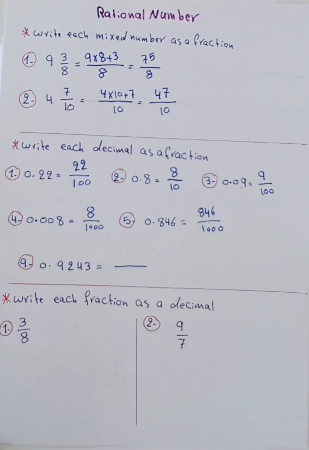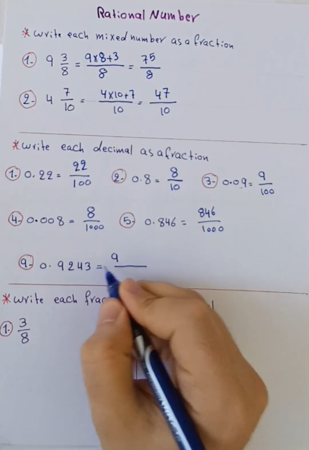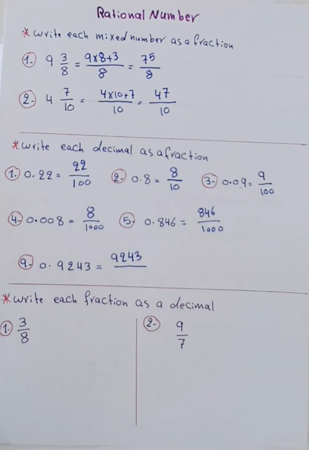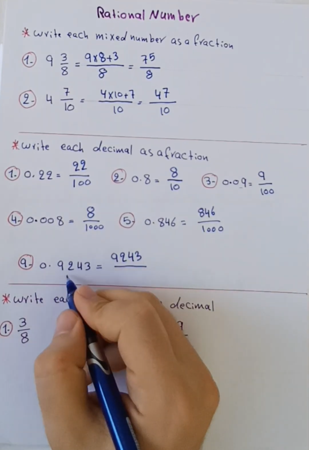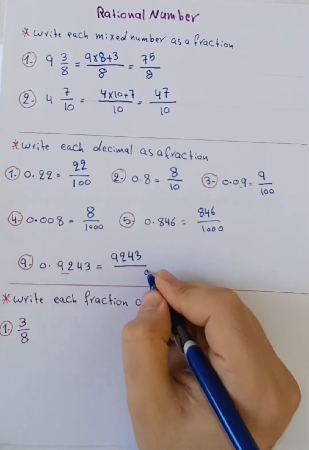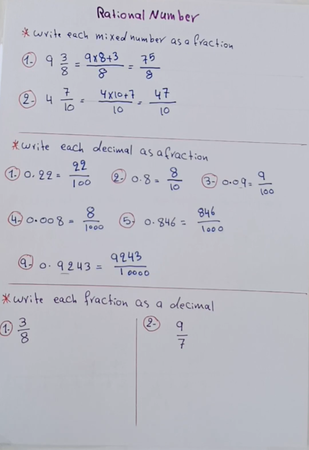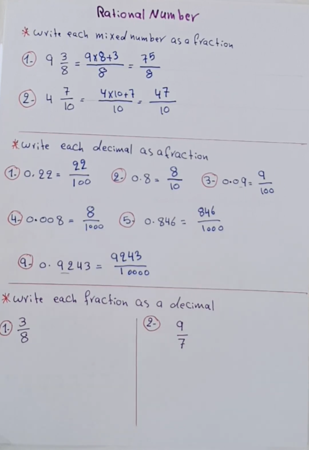Example number 9, we have 0.9243. We have to write 9243 as a numerator, and for the denominator, after this point you have four numbers. You have to write 4 zeros with 1, so it is equal to 9243 out of 10,000. And then